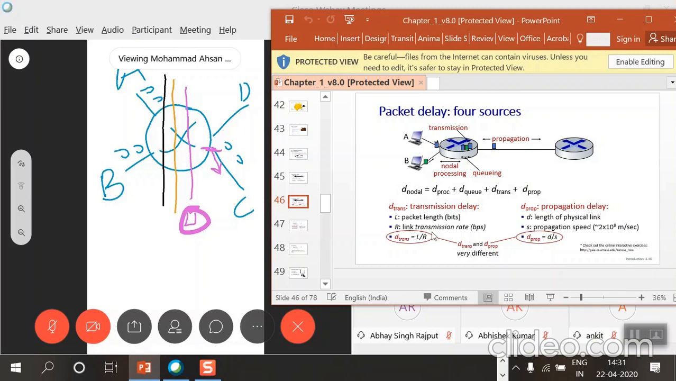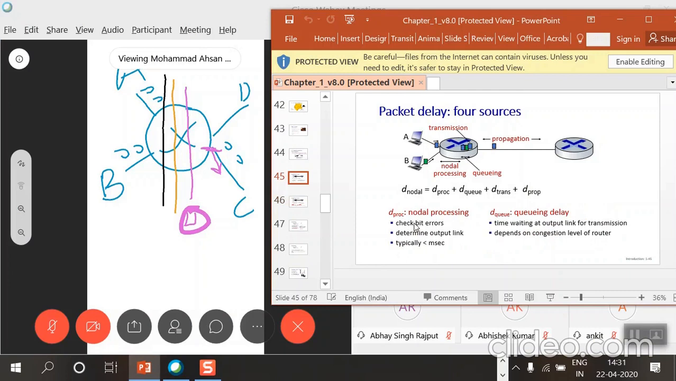Right. So what we saw, first one, nodal processing, that is the time taken by the router, that is the first black line that is denoted here. Then the time taken by the router